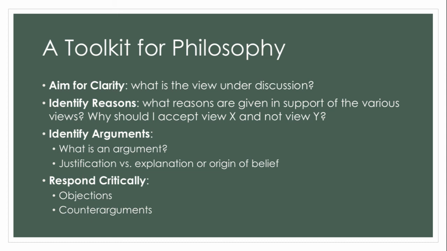An objection grants as much as possible to the argument, but provides reason to think that the premises fail to adequately support the conclusion. To do this well, you'll need an argument. You can argue that one of the premises is false, or that as it stands, the premises are incomplete, like something is missing. So the conclusion does not follow. In order for an argument to be good, it has to both have true premises, and those premises must be tightly connected such that they guarantee the truth of the conclusion. Philosophers refer to this as soundness, the truth of the premises, and validity, the structure of the argument.